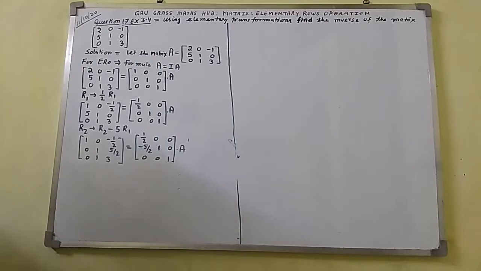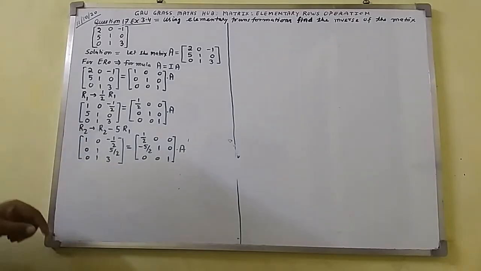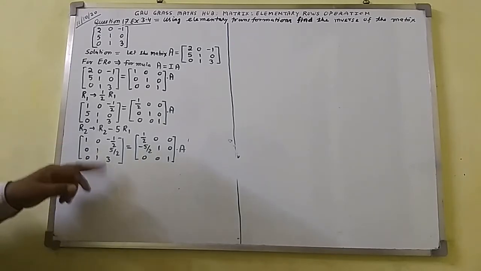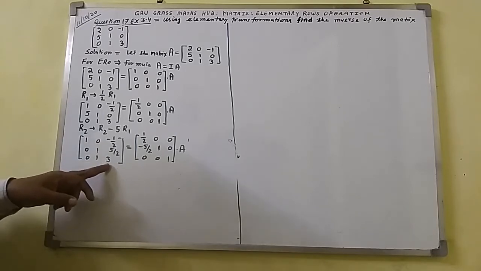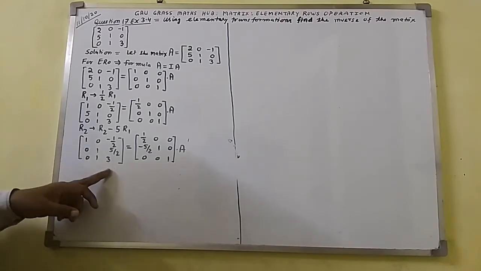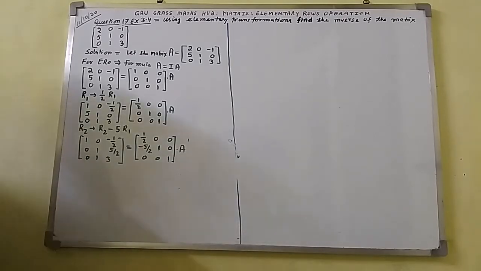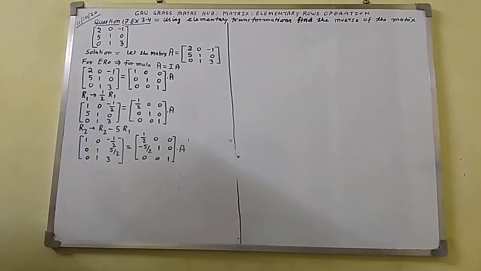This matrix we have got. Now here you can see this matrix is going to be converted into identity matrix, in which the elements of principal diagonal must be 1. So here you got 1, 1. Sorry, these 3 will be converted into 1, because the elements of principal diagonal must be 1, 1. So here we got 1, here we got 1, and these 3 will be converted into 1.